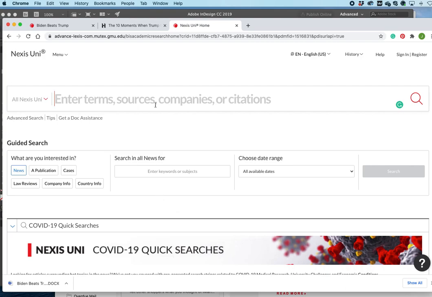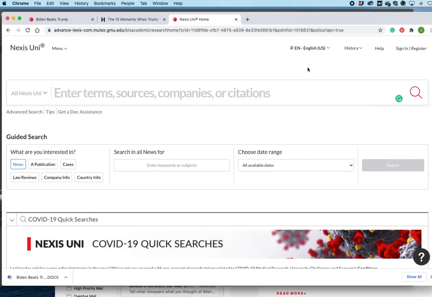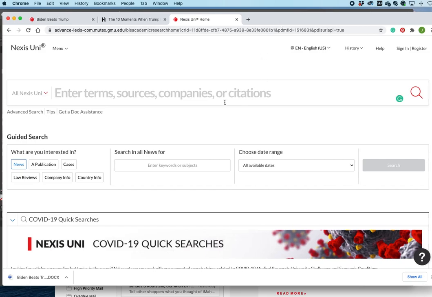But you can do a search for an article on any topic. I happen to choose the big news of the week, but you could do baking, you could do fashion, you could do anything you want. It will be on here, because this is a compilation of most of the most important newspapers in the country and in fact around the world. Newspapers cover just about everything from food to fashion to what's going on to local news. So your article could be about anything. You could just do, let's say, brownies.